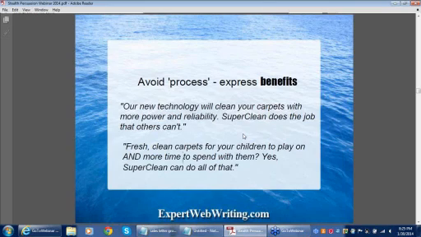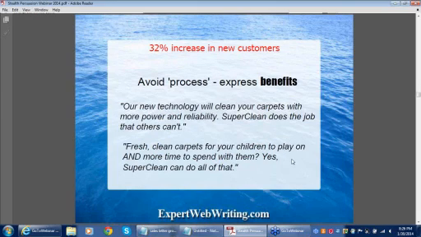And I threw that into the copy so that we're not talking about suction and power and volume units and just how powerful this vacuum can come in and literally suck the carpet right out of your townhouse. We're talking about, what does clean carpets really do? It gives you time to spend with your family, and it makes a healthier environment. Those are the benefits that really matter to people. When I sat back and they used it, there was a 32% increase in new customers, and I was really happy about that. So I appreciate that and was really proud of that too.